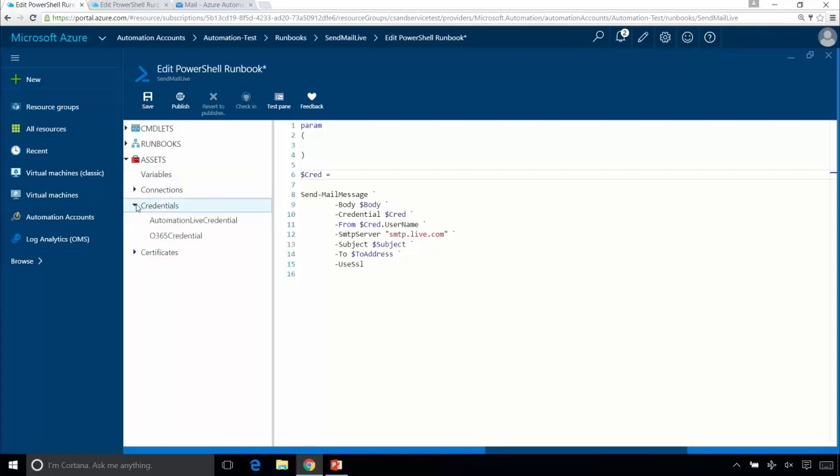In our case, we want to pull in some credentials, and we're going to use this automation live credential right here. So you can see what it's done here is it's used this commandlet right here called Get-AutomationPSCredential, and the name of it is automation live credential. So it's basically already set this up to pull in that credential. We're going to set it to the cred variable here, and then we're going to be able to use it down here. We're going to pass it directly as the credential to Send-MailMessage, and we're also going to use